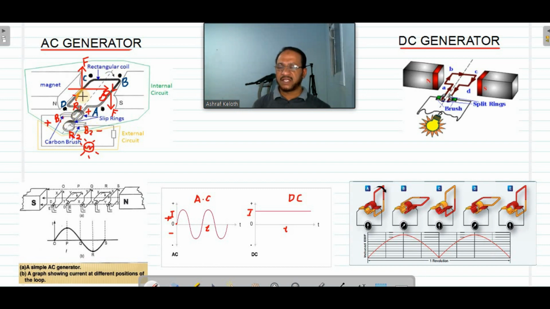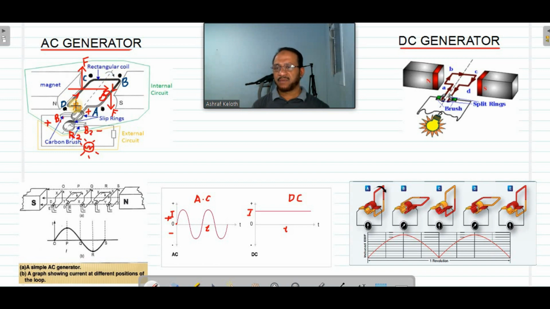Now when the CD reaches here, if it is rotating in the same direction, now CD is moving upward, correct? Got the point? In the first half rotation, AB was moving upward and CD downward. After completing one half rotation, now CD is here, AB is here. Now CD is moving upward, AB is moving downward. So what is the direction of current now? Before the current was ABCD. Now the current is what?